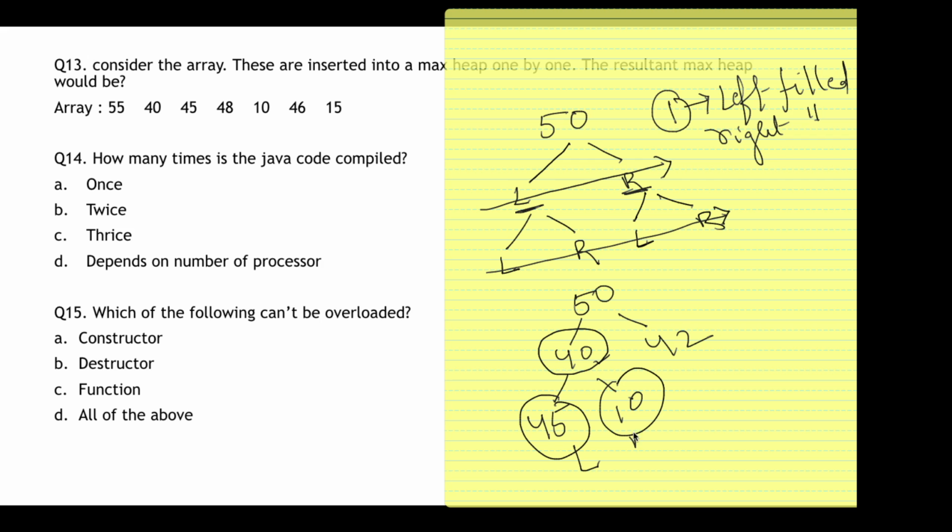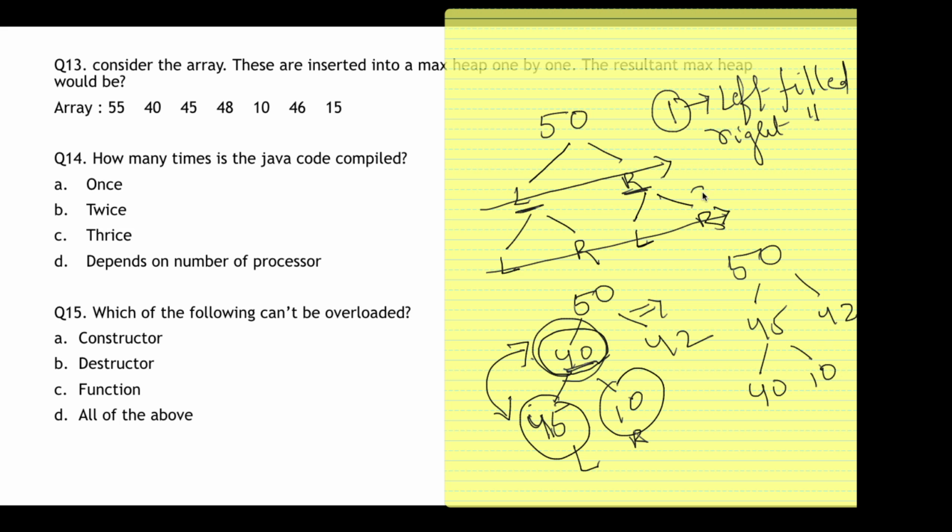For this is the left, this is the right, this is the parent node. Now parent node can never be smaller than the child node. You see, the child node is 45 while the parent node is 40. So what will happen? A swap will happen between these two numbers. So how will the tree look? The tree will look something like this: 45, 42, 40 and 10.